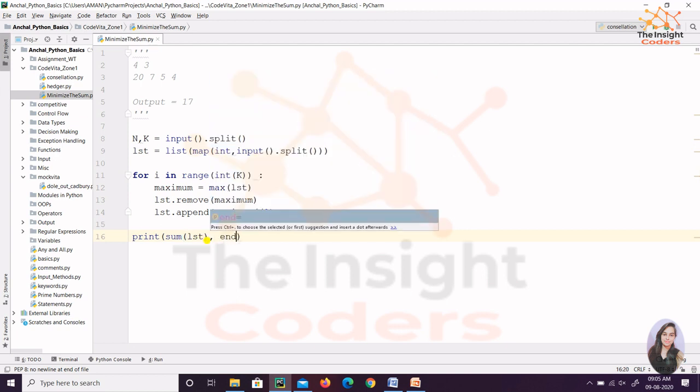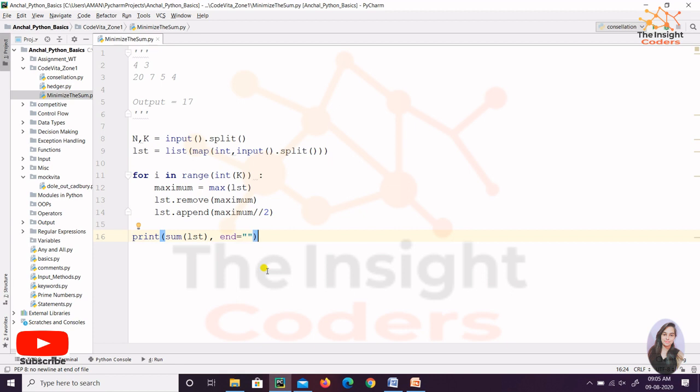Some students find a presentation error, right? So for that you just have to insert the end. I have told you in all my CodeVita problems, but still students tell me that they were facing this problem in CodeVita, that presentation error was coming. Yes, it is absolutely right that CodeVita considers your question to be accepted. The final solution is accepted, but still, why take such things? You should remove your presentation errors as well, just by putting end equals to blank in case of Python, right? Yes. So this was the whole question.